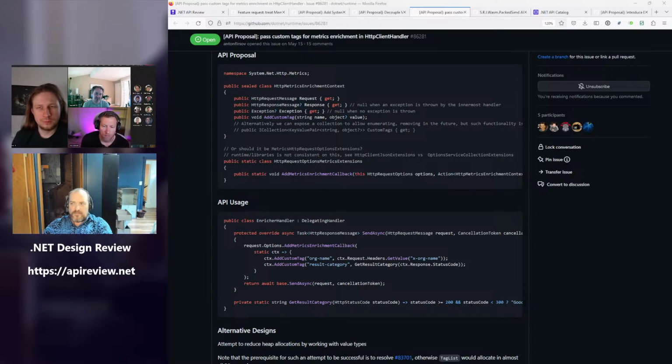That's kind of a new pattern, like having a callback where the way to attach it is a static method on the context type. Not saying I'm necessarily against it, but I haven't seen another API like that. I'm feeling edgy after our last discussion. The normal pattern is you put it on the class, right? Like you put it on HTTP request options, of course. But we're saying we don't want that here.